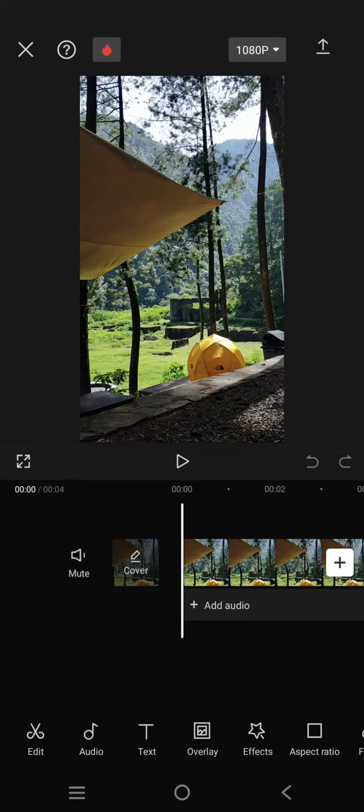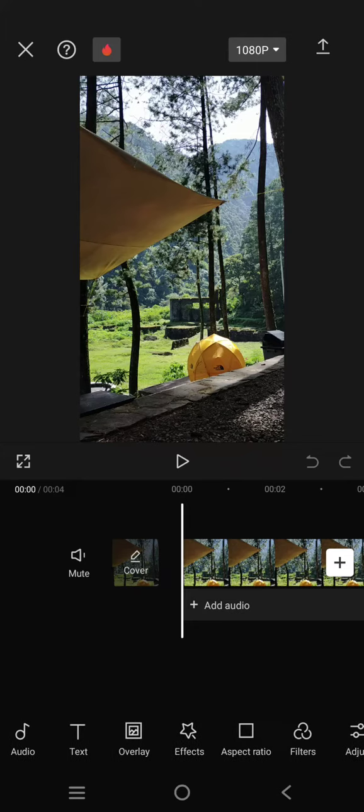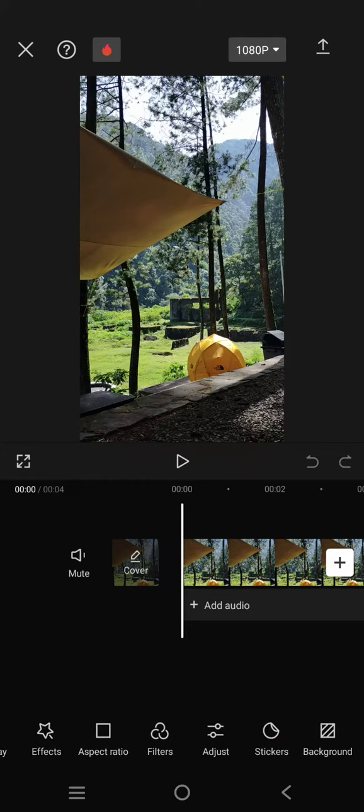On today's video, I'm gonna show you how you can add a smartphone frame to your videos in CapCut. So here I've already imported the video that I want to edit, and here to add the smartphone frame, you just need to go to stickers